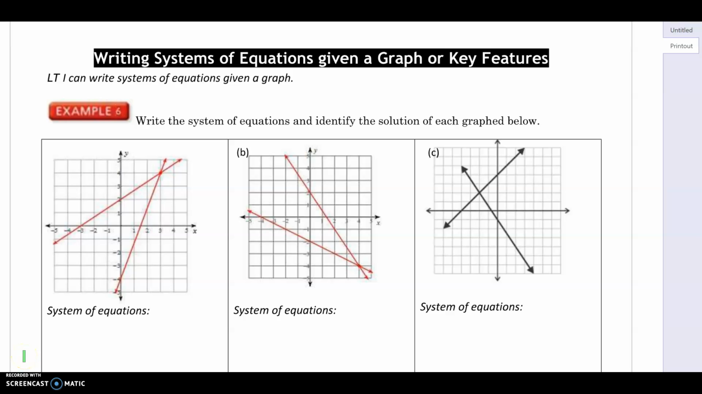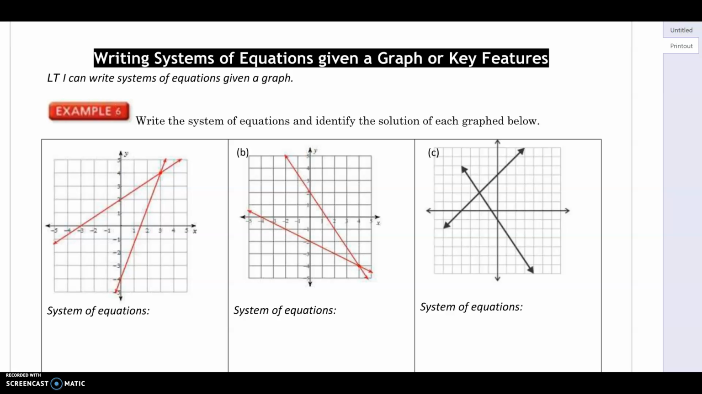Alright, in this video, we're going to take a look at writing the equations when you're given a system. So you're going to have two equations, and we're going to have to identify the solution as we're doing this. What we're going to look at is making sure we write our equations in slope-intercept form. That's why we spent so much time in the beginning of the semester working on identifying slope and y-intercept